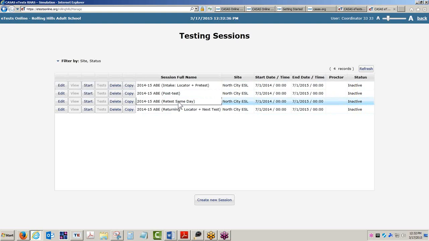However, this gives you added options in a live testing environment when the occasion permits. We do though recommend using the CASAS recommended intake process, which adds those additional intake sessions,